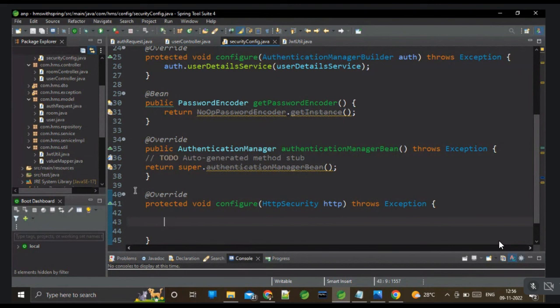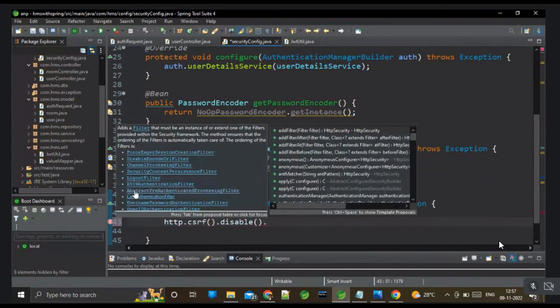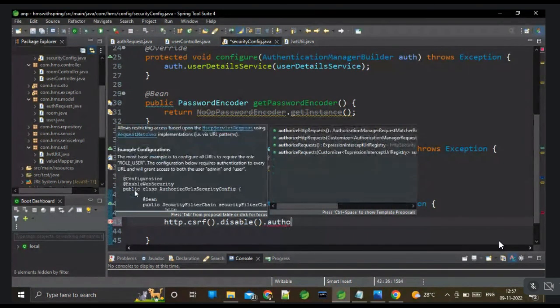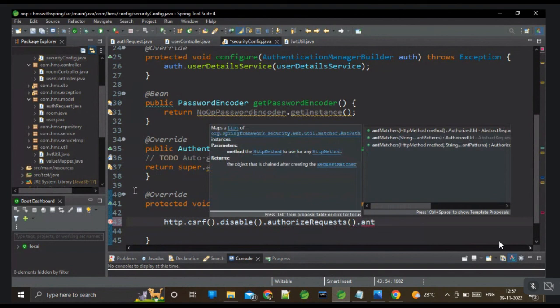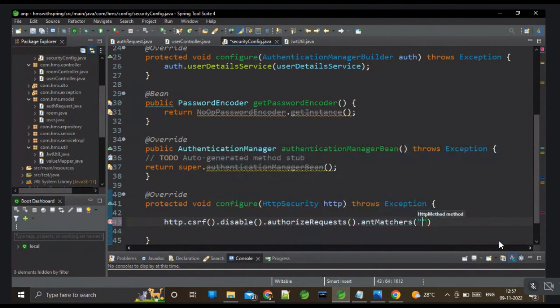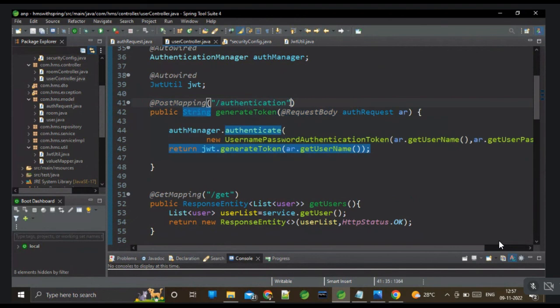To do that, we can use CSRF disable. We have already used this CSRF disable. CSRF dot disable, then authorize requests. Here we can mention authorize requests, to whom? Which matches the antMatchers. So here we have to write our controller. This is our controller. Copy this controller